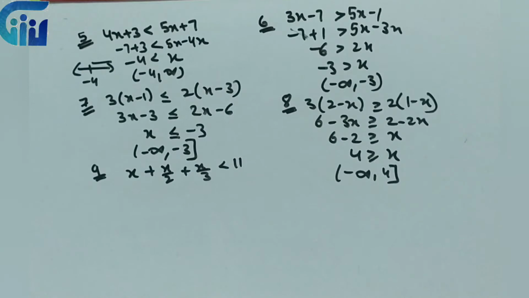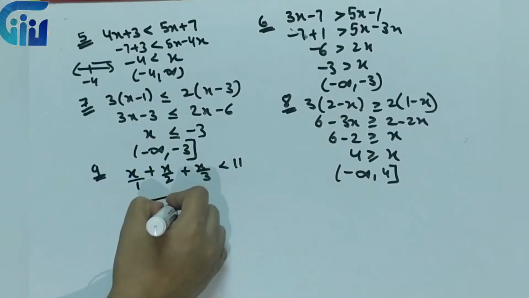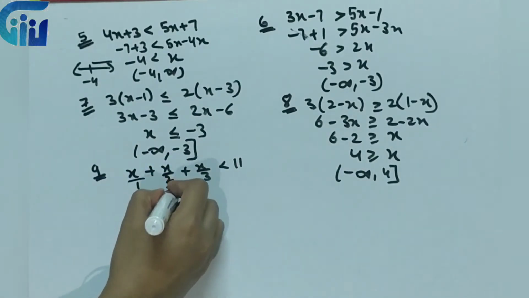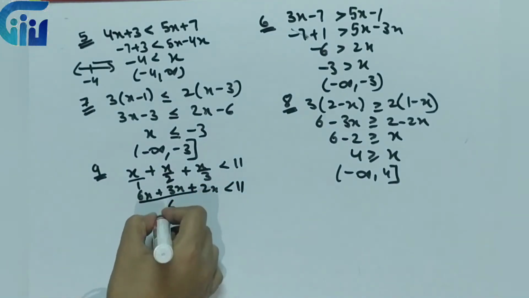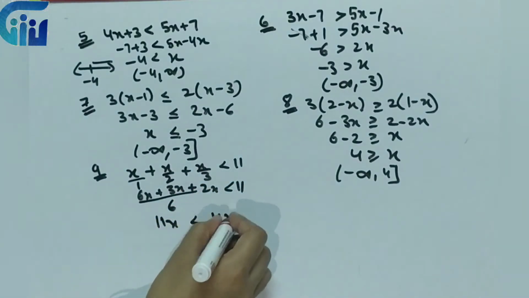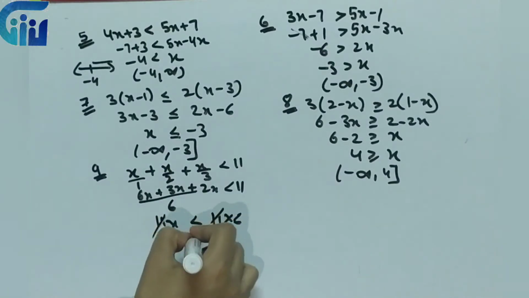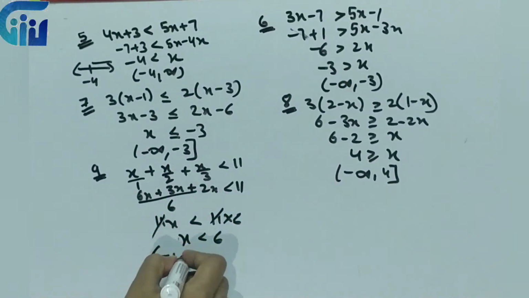If it is less, it will start from minus infinity. If it is greater, it will start from the number and end on to infinity, right? Over here, we will take LCM quickly. So this will be 6x plus 3x plus 2x less than 11, so this will be 11x. 11 into 6, so we will cancel 11, so x is less than 6. So less means minus infinity to 6. Strictly less means it will